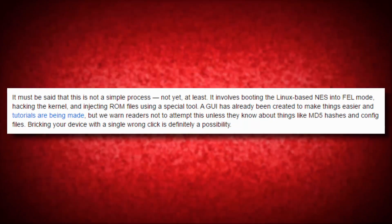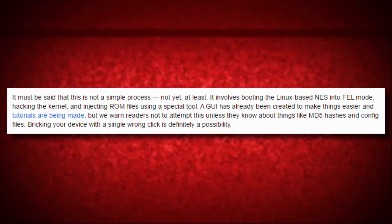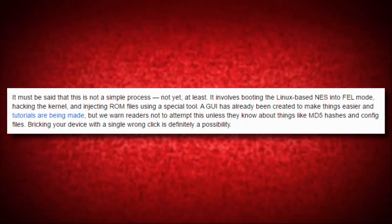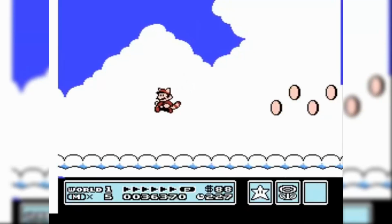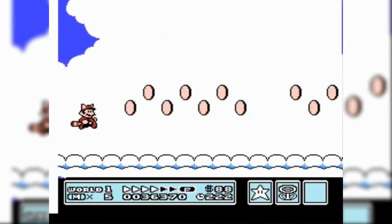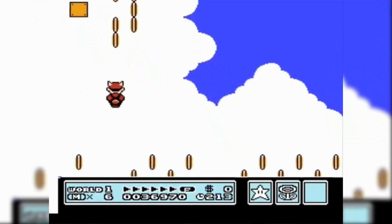A GUI has been created to make things easier and tutorials are being made, but we warn readers not to attempt this unless they know about things like MD5 hashes and config files. Bricking your device with a single click is definitely a possibility. So unless that language there makes sense to you, don't try this. A simpler method will probably be found within the next few days. Just, be patient." There's also the issues of modders putting viruses into the modding files, so there's that risk as